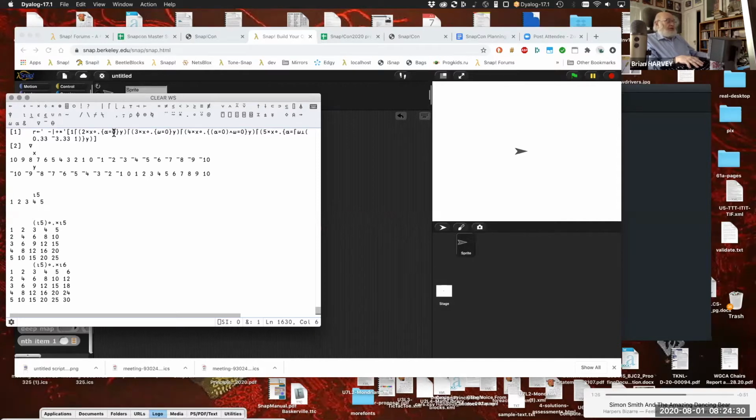0 is false. So if these conditions are false, then it doesn't matter what we multiply by because we're multiplying by 0, right? Whereas if they're true, and let's say that more than one of these is true. So at the point 0, 0, alpha equals 0 is true, omega equals 0 is true, alpha equals 0 and omega equals 0 is true. Which one of these is going to determine the character that we print? Well, whichever one is multiplied by the bigger thing. So it's going to be 2 times 1, 3 times 1, 4 times 1, and the maximum of those is 4 times 1. And so we get the character number 4, which is the plus sign out of this string